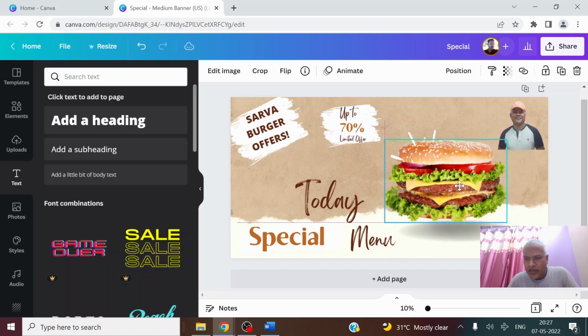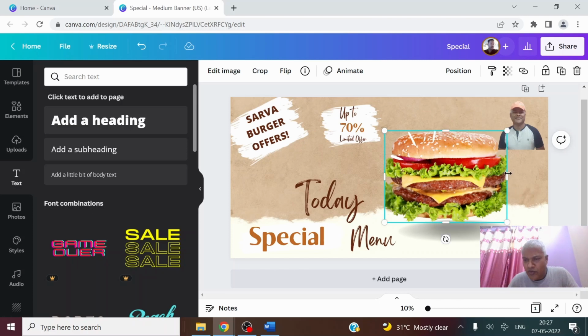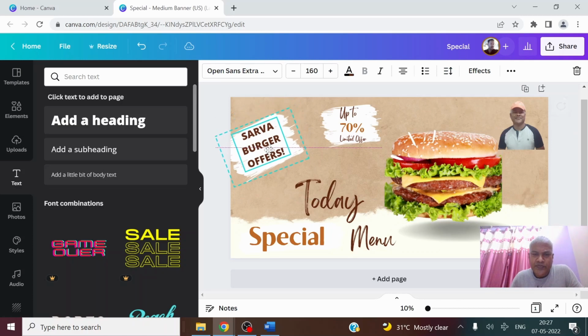and the burger I'm bringing a little up and also making the size a bit more. Right, so yeah,